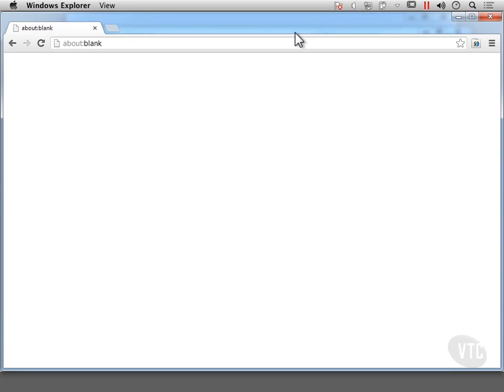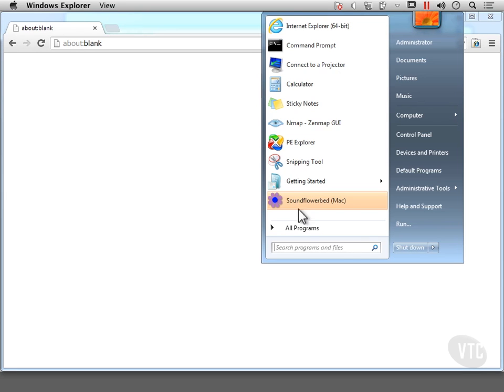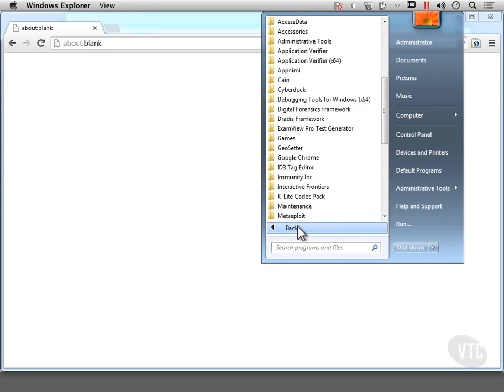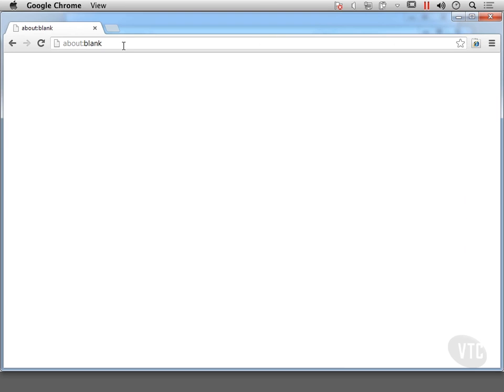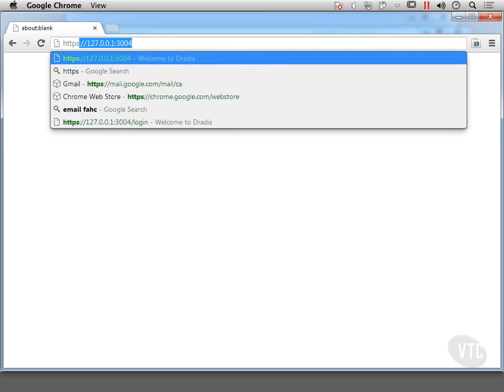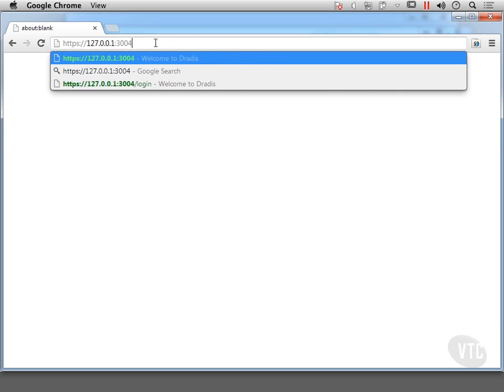Now that we've got Dradis installed, we can actually start it up. So the first thing I need to do is go and find Dradis here in the list of programs, and you can see there's a start server. And what that's going to do is launch Ruby on Rails and load up the application. So once the application is running, we can go to the website for the application, which of course is stored here on the local host